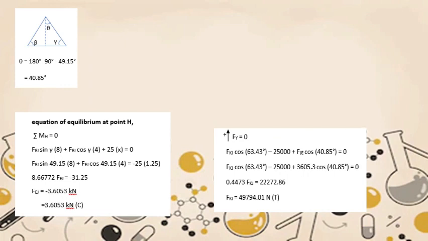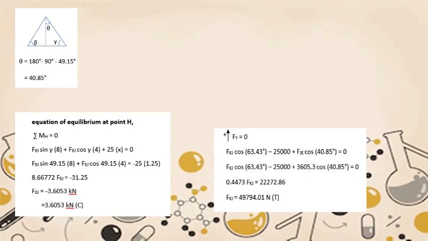Next, we need to find the equation of equilibrium at H, where the summation moment at point H is equal to 0. Where the first resultant force is FEJ sine gamma times perpendicular distance 8 plus FEJ cos gamma times perpendicular distance 4 plus 25 multiplied by x equal to 0,